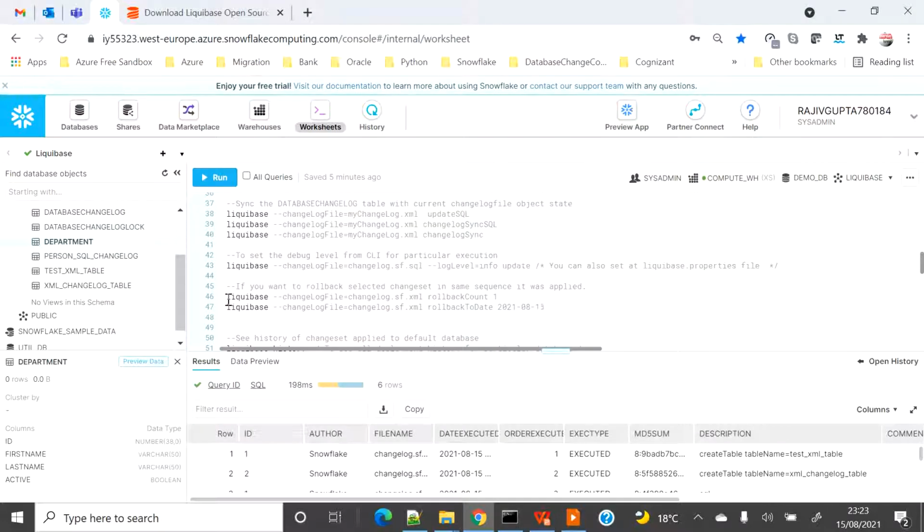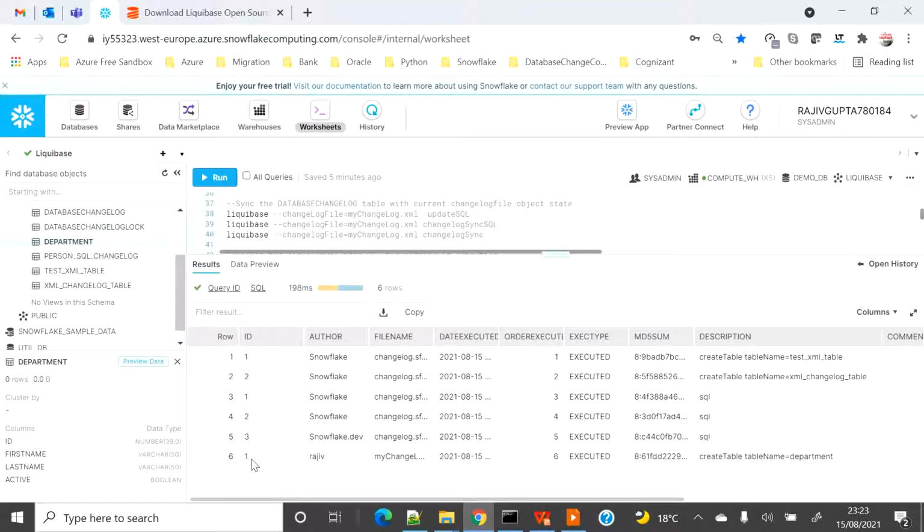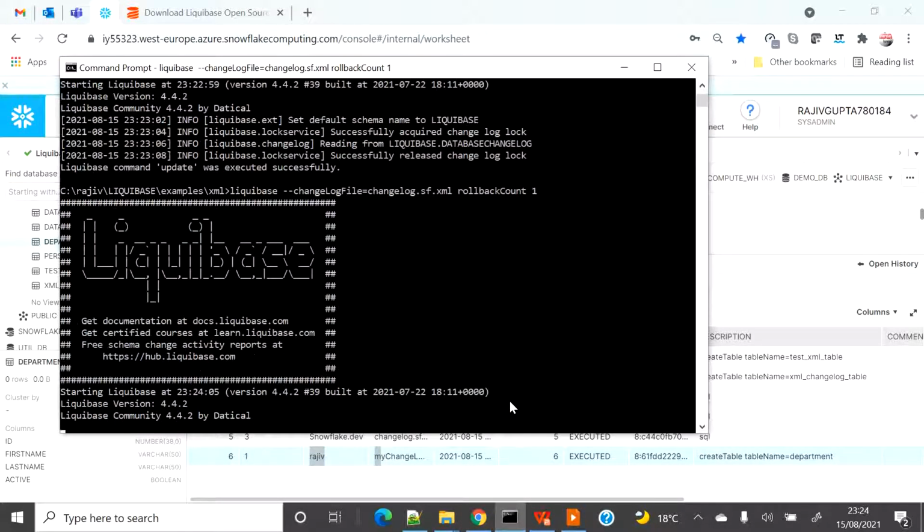Now say I already applied something and I identified that whatever I had applied is not correct. I want to roll back. You can roll back in multiple ways. I'm going to show you two ways. One is by count, where you can revert in the same sequence in which you have applied. It will start from the last, so the latest change will get reverted if you say rollback count 1, or you can point any number of count you want to apply. Basically I am going with 1. So it is going to revert this change set, row number 6. Let me apply this, and it will remove the entry from the last.